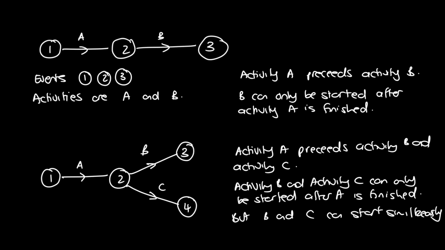So they can start at the same time because they can follow event 2. So whenever event 2 is done, we can start B and we can start C. So they can be run in parallel when you're doing your scheduling and your events. So that's 2 items that can be done at the same time. Okay, so let's just move our page and let's do one more example for you to see what's